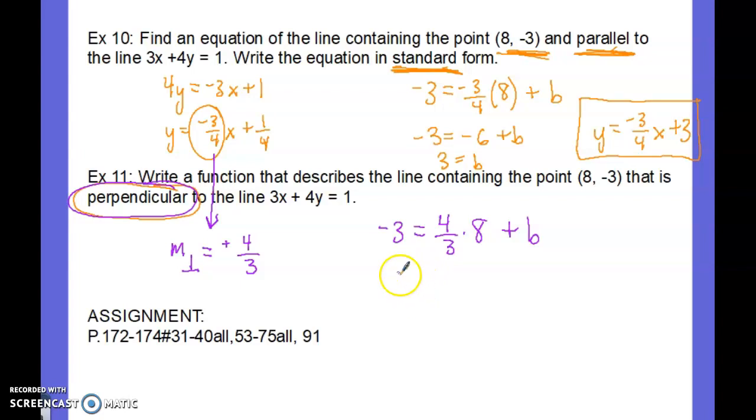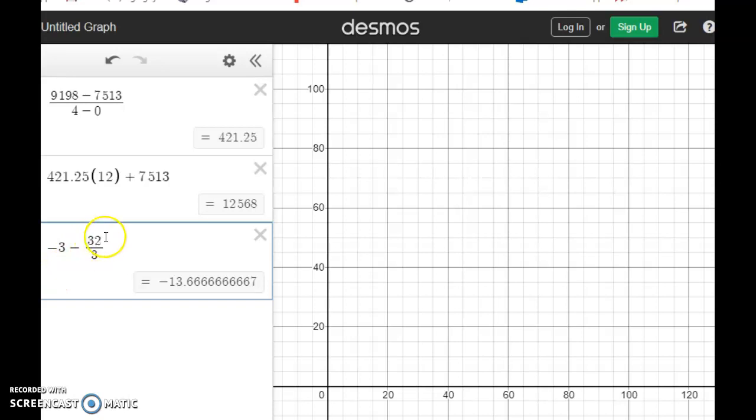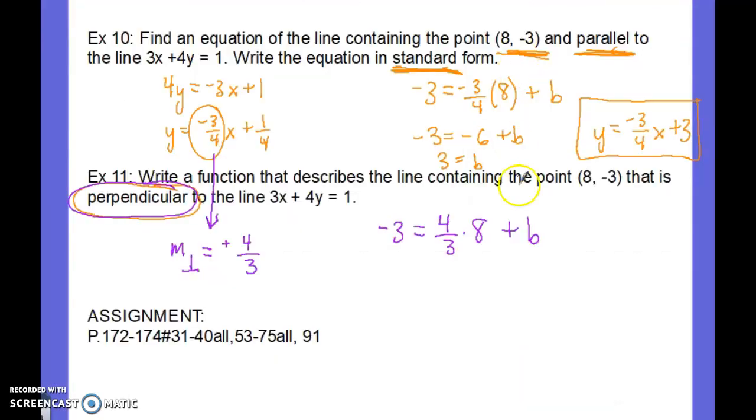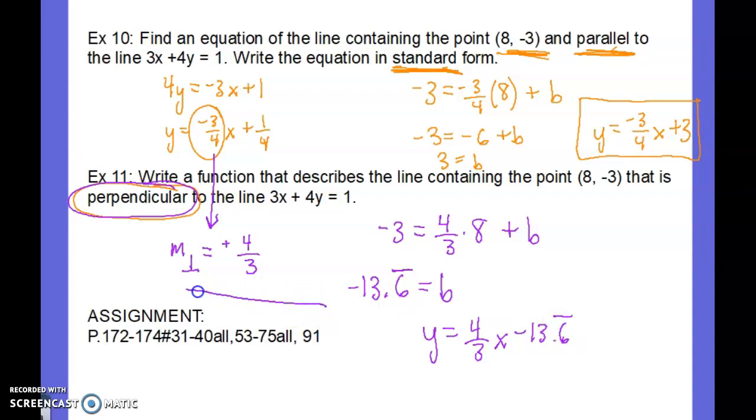I'm going to default to Desmos again. And so 32/3, and then you have to subtract it to the other side, so you get -13.6 repeating for your b value. So your equation on this one is 4/3 x minus 13.6 repeating, and you're ready for the homework here. and my time ran